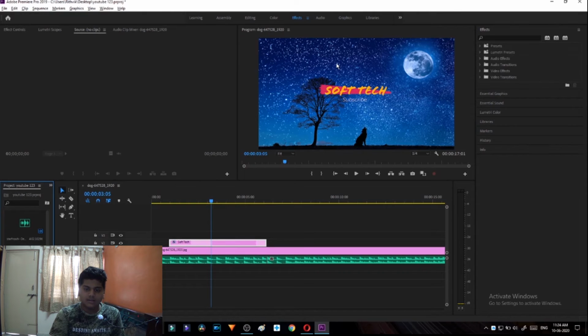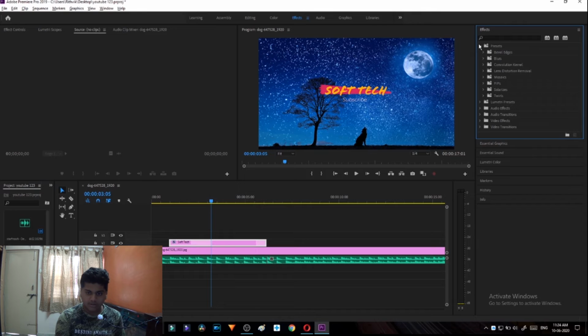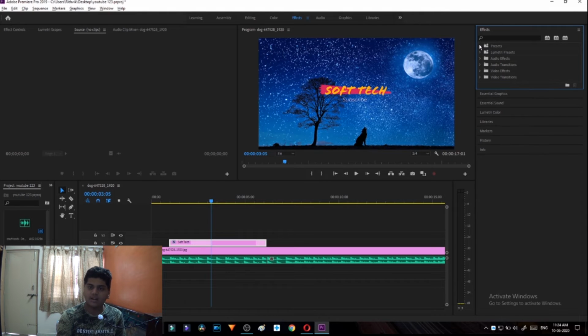So after the effects tab loaded, it looks like this. And here is the effects panel. Here you can completely customize your effects. Here we have so many effects, and these are the default presets that they have, but we can completely customize in the bottom ones.